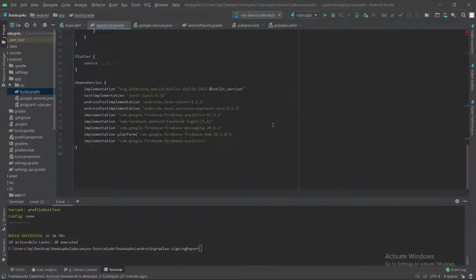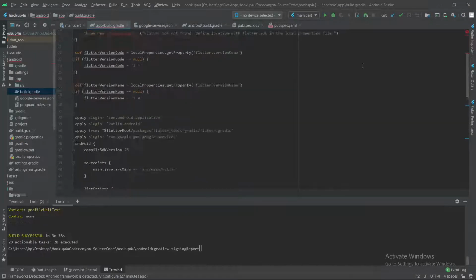Now we need to check if everything is working fine. I'm using an emulator for my testing purposes. If you want, you can choose a physical device.